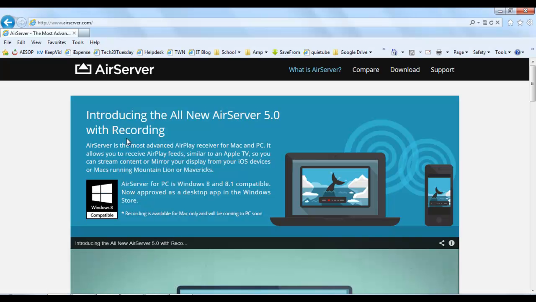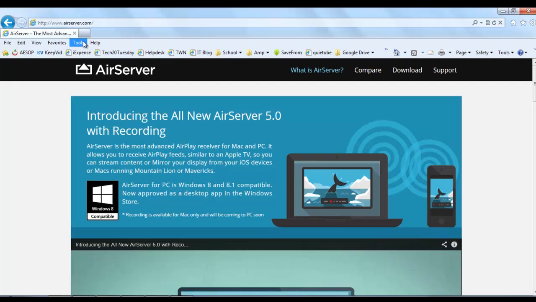I know some schools have bought Apple TVs in the past, but what I'm hoping to introduce here is something that's relatively cheaper and, in my opinion, much easier to use. And the symbol we see here is the Air Server symbol, so let's dive right in and take a look at it. So Air Server is straightforward,